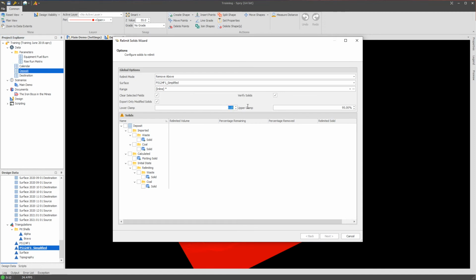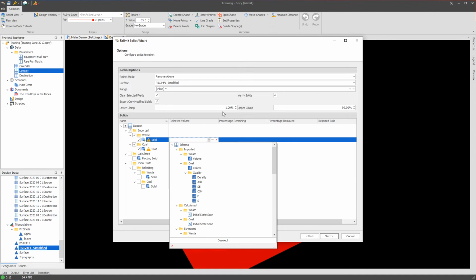If you haven't used the relimiter before, some of these settings can be a little overwhelming. There's quite a lot of things happening here. The only thing that I would recommend you do is switching the clamps. We're going to change the defaults of these soon to be 1% and 99%. The confidence factor in this tool has grown over time, so I'm not going to get into what they do, but what I am going to do is show you